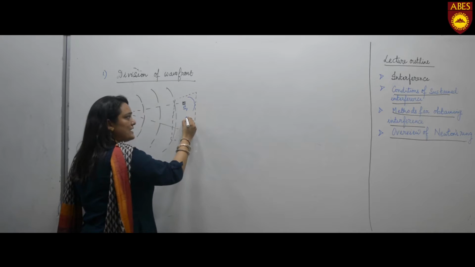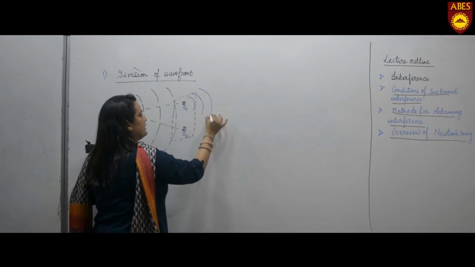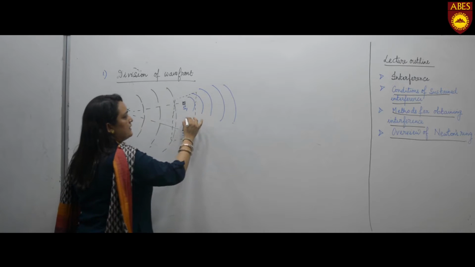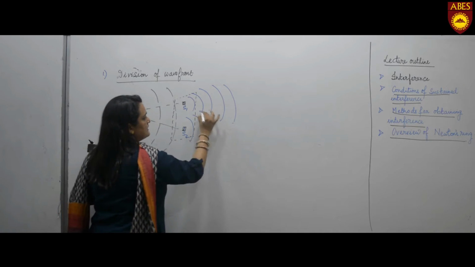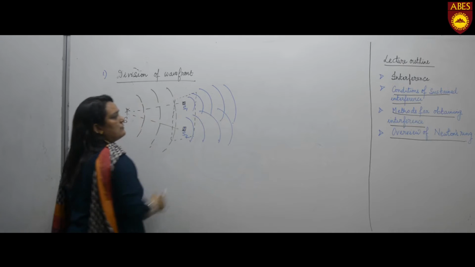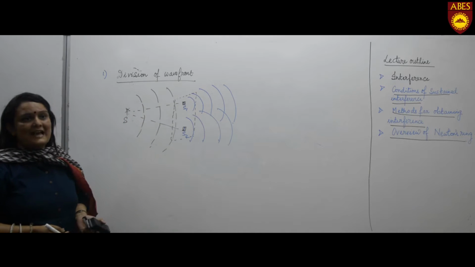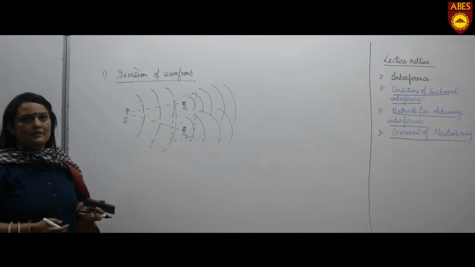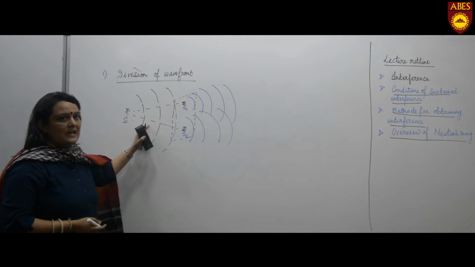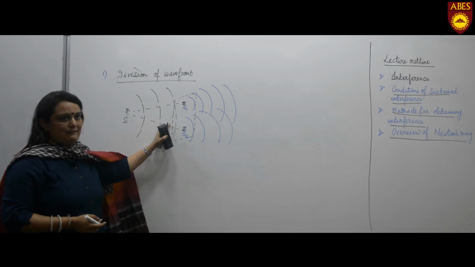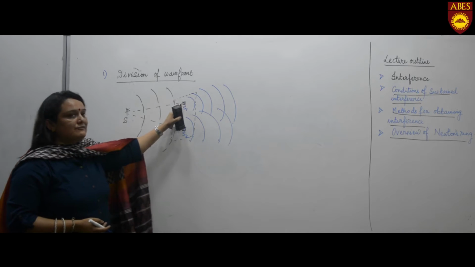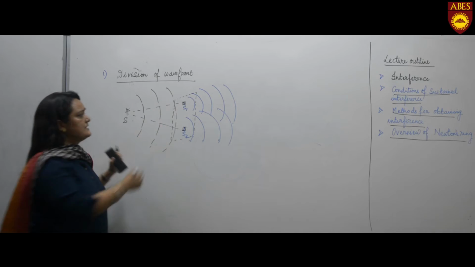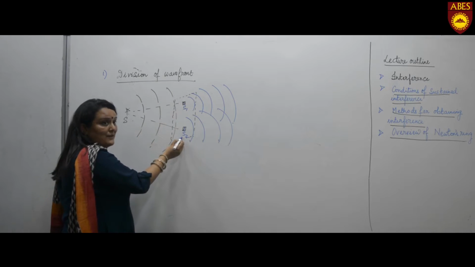Now through S1, my new secondary wavefront will proceed further. Similarly, through S2, the secondary wavelets will proceed likewise, and there are chances of overlapping or superposition. Okay. So in this case, what happens? We had a single wavefront. Now that has been divided by an arrangement, and these two sources, S1 and S2, which we have named, they